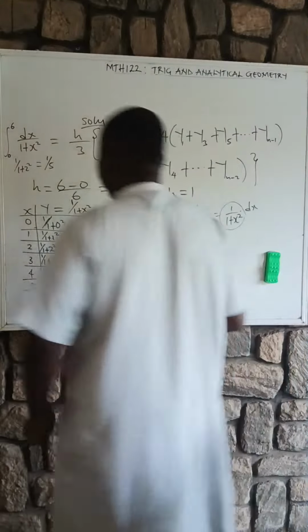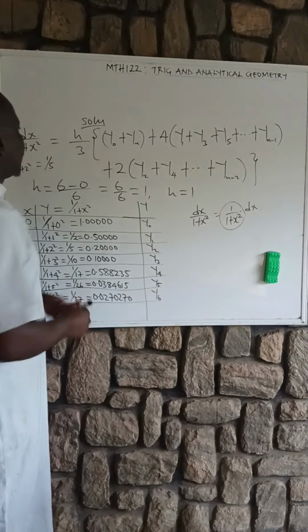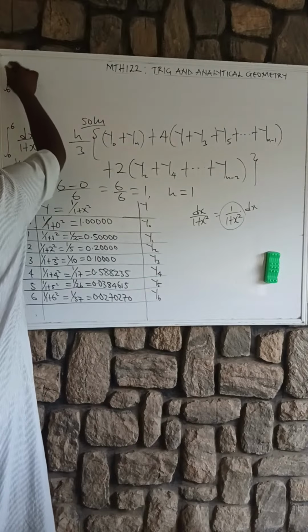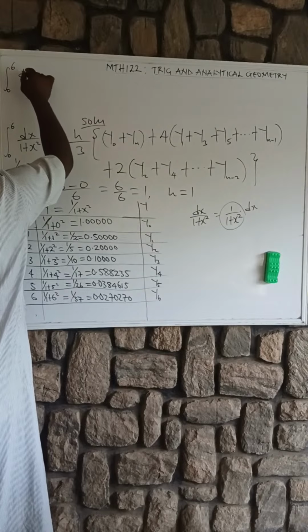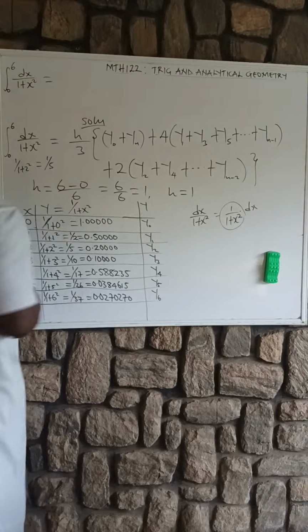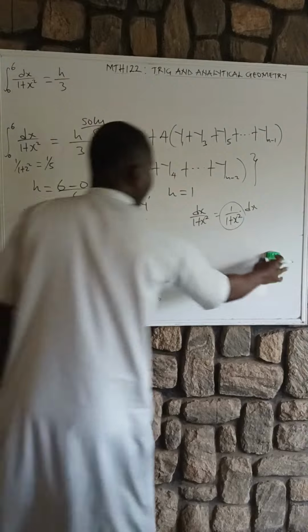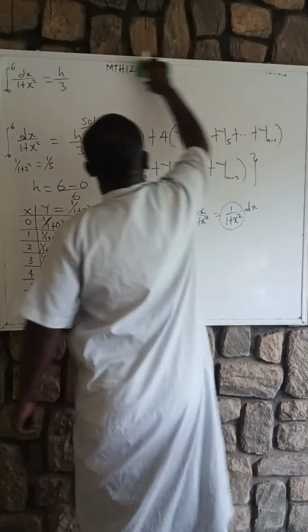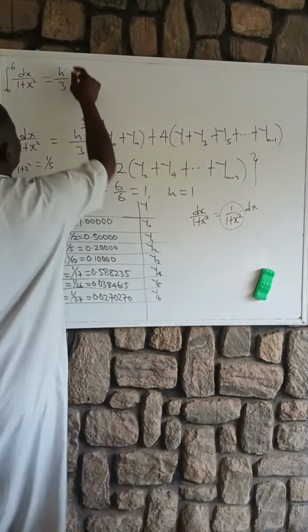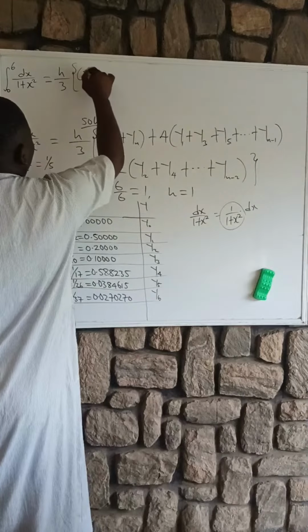Let us come up with the main formula. This is the integral from 0 to 6 of dx over 1 plus x squared, which is equal to h over 3. Amen? Okay. h over 3. So far so good. Integral, open bracket, y naught